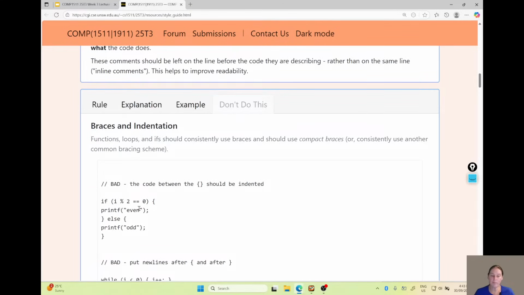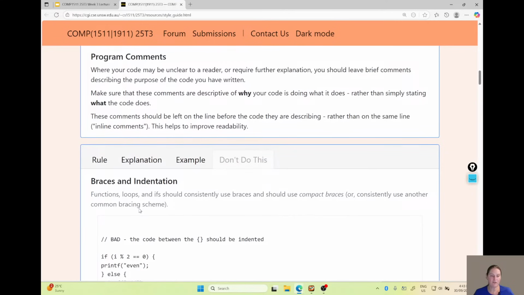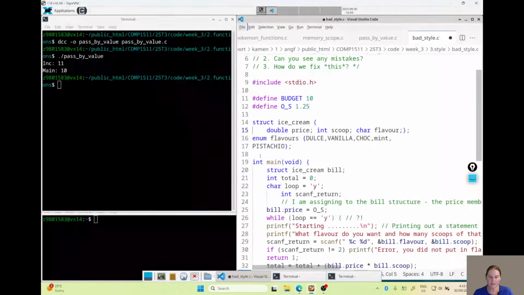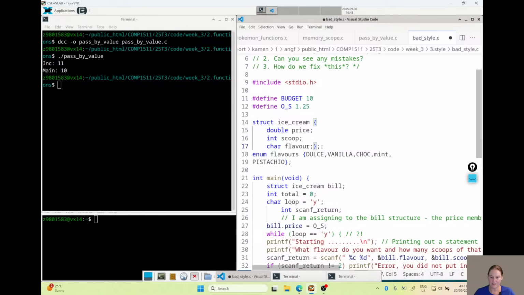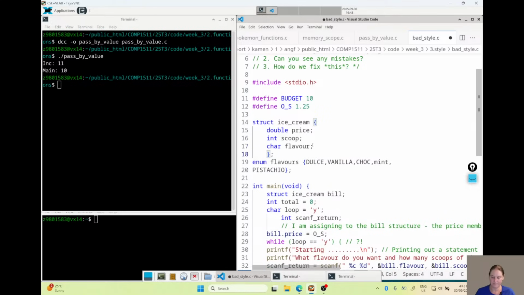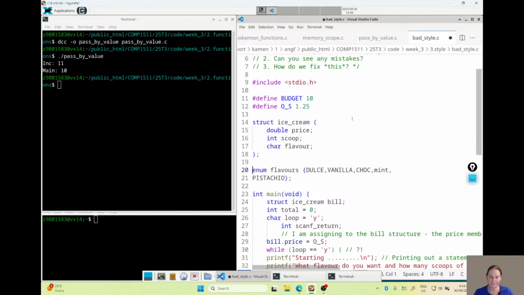So there's a whole heap of information. If there's anything you're not sure of, you can look it up in here. But just looking through here, yeah, you'd want our structs like this, etc. Okay, all right, I won't go through the whole thing.